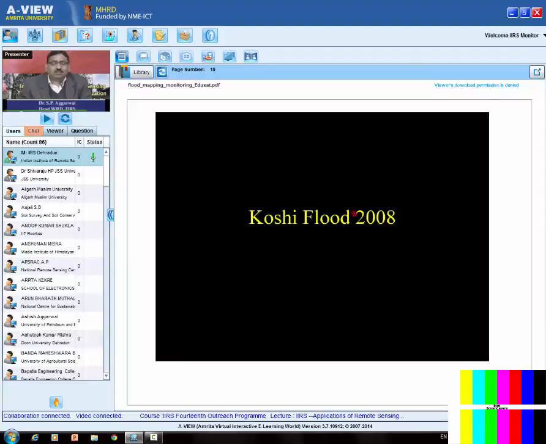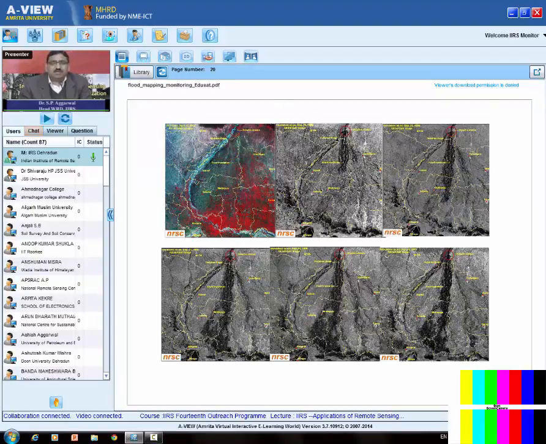Now this is a classical Kosi flood. It is not only mapping, but if you have an everyday image, you can monitor. This is a classical example. You can see here, this is before the flood, the river is flowing nicely, and this is all low-lying area, but a good agriculture area. What you see, there was a breach here, then flood inundation started. You can see the second image. What you see here, there was a breach, and then on 22nd